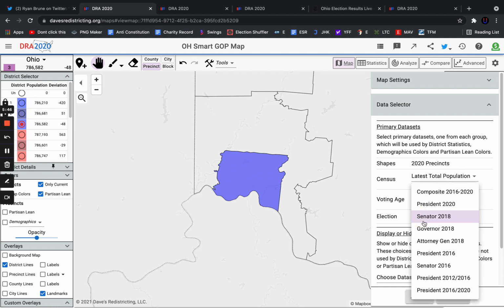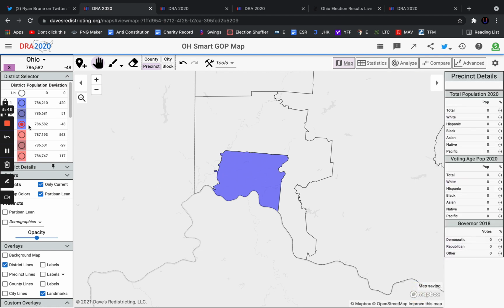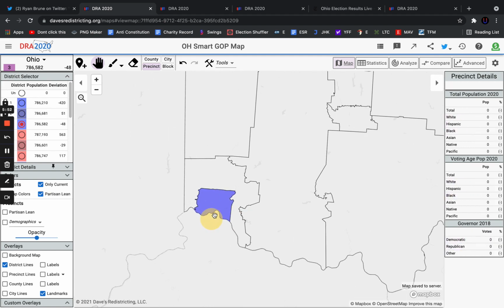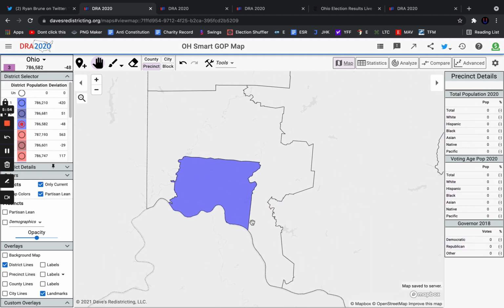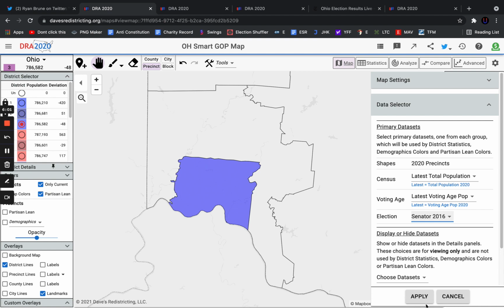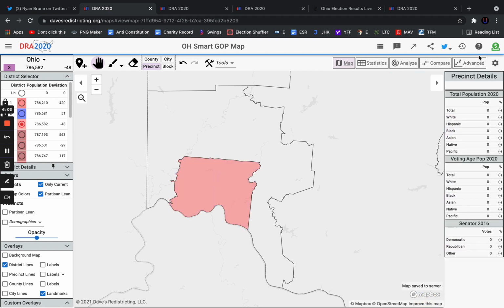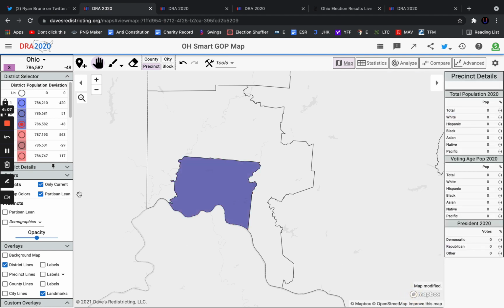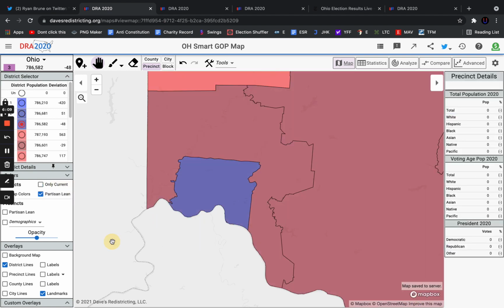But how about in the governor's race? Let's look at the governor's race. Even though Richard Cordray lost Ohio by 4 and Biden lost it by like 7, Biden did better than Cordray in this district because Cincinnati is one of the few parts of Ohio that's trending blue. And I bet Rob Portman would have won this district in 2018. Yeah, he would have won it by, I'm guessing, like 5 points in 2016. So, yeah, but anyways, bottom line is this seat is trending blue,